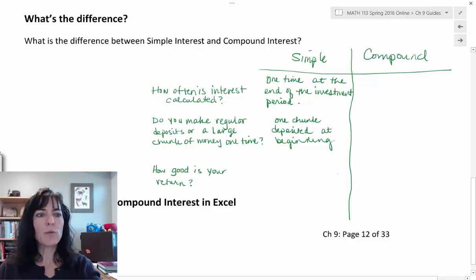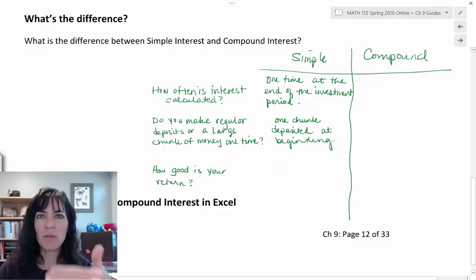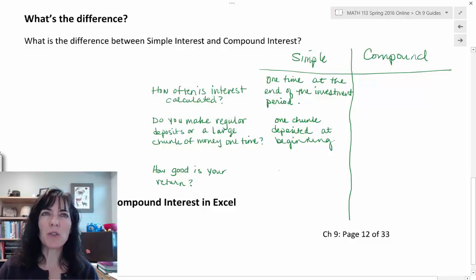And then I'm thinking, what else do I know? How good is your return? Simple interest is going to be not very much interest because you aren't compounding every month or every year, so it's not going to have as great of a return as compound. So it's going to be small